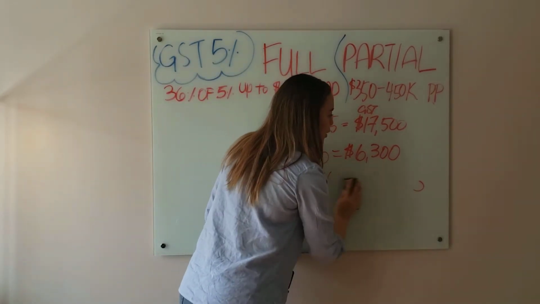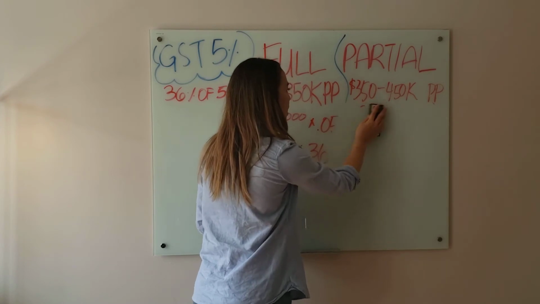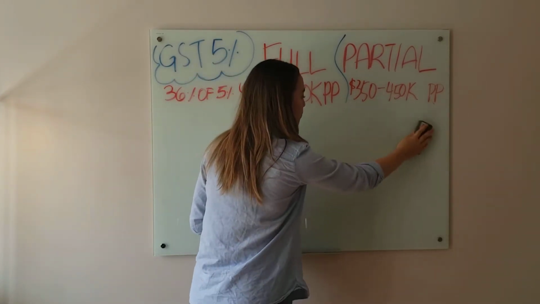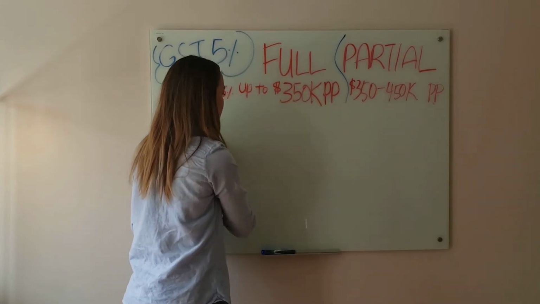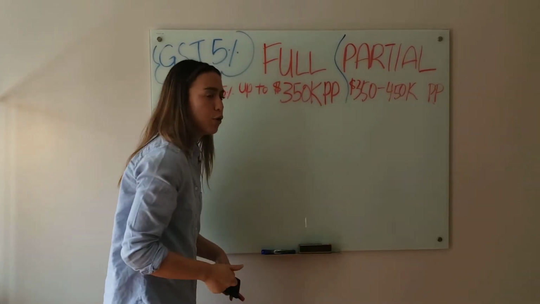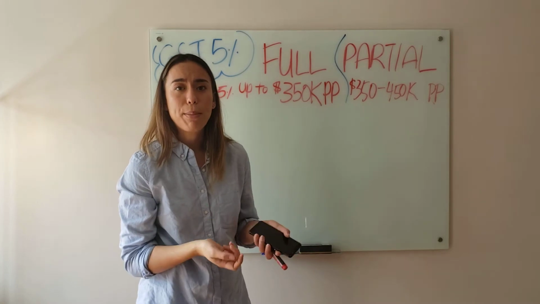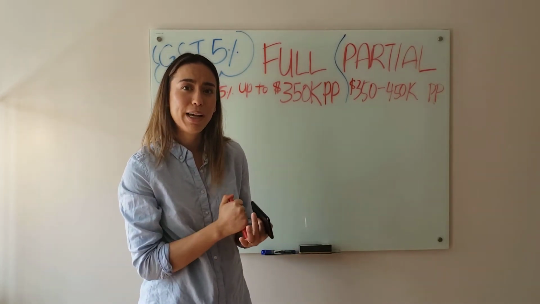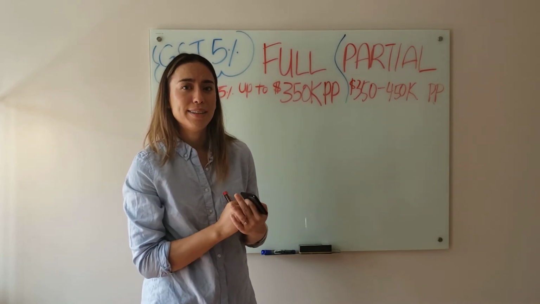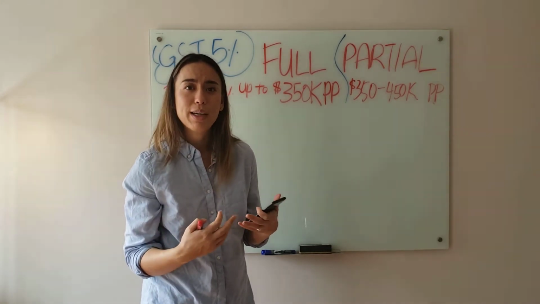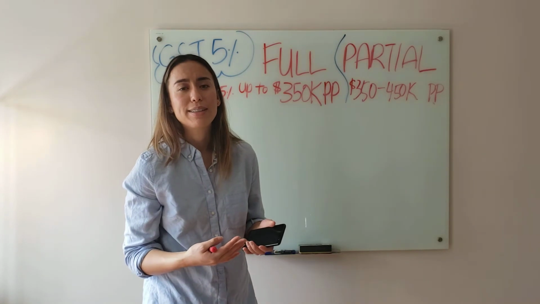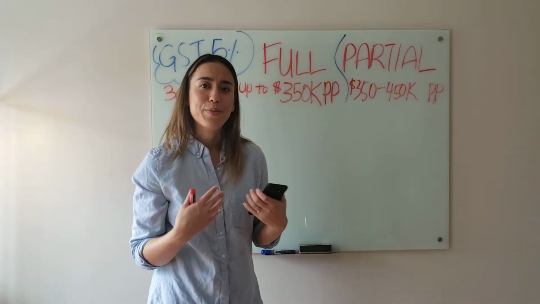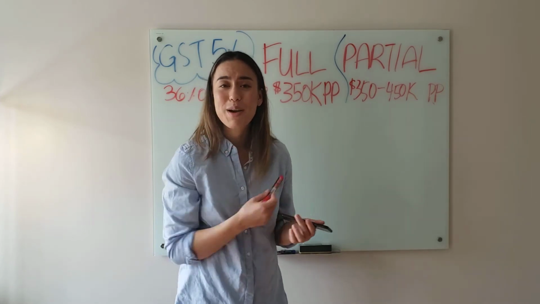I hope that this is starting to make sense to you guys. Another type of exemption that you might want to look into is a property transfer tax exemption. For newly built homes, there's a property transfer tax exemption up to the $750,000 mark in British Columbia. But if you're looking at a residential resale property, there's also a property transfer tax exemption for first-time homebuyers up to the $500,000 mark. So definitely another thing to look into, and I do have a video on that,